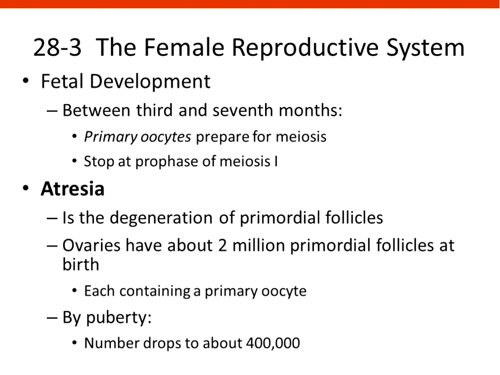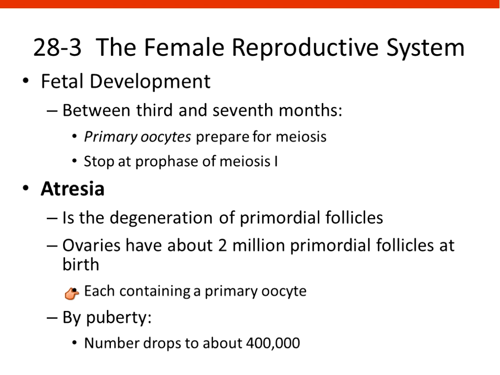In fetal development, this process of oogenesis, remember we said between the 3rd and the 7th month, the primary oocytes prepare for meiosis, and they stop at about prophase I. Atresia is the degeneration of the primordial follicles, so that when you're born, you have about 2 million primordial follicles at birth, and each one of them has a primary oocyte